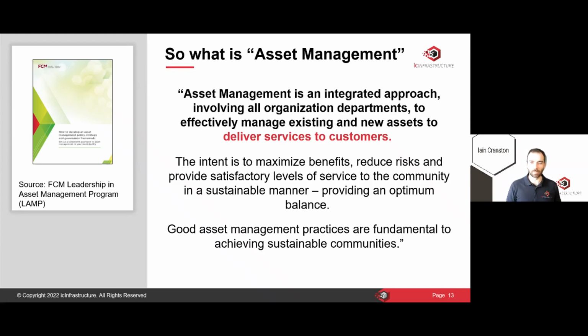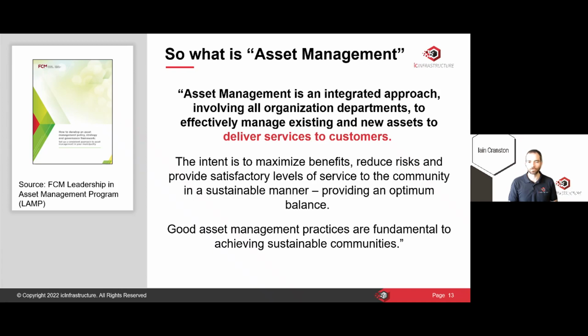The intent is to maximize benefits, reduce risk, and provide a satisfactory level of service to the community in a sustainable manner, providing an optimum balance. That's something you'll see the asset management industry talk about a lot, this optimum balance. We've got so many complications and competing priorities, all we can do is make the best possible decision that we can. It's not always going to be perfect. There's going to be trade-offs and problems that we have to deal with. But really, we're trying to make the best decision that we possibly can to find that right balance for us